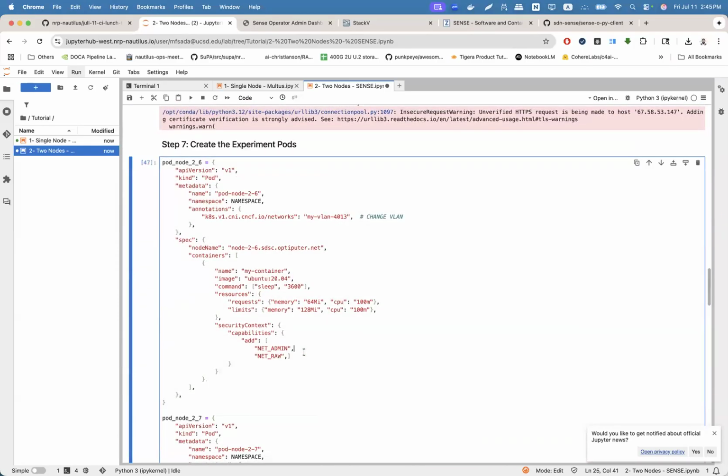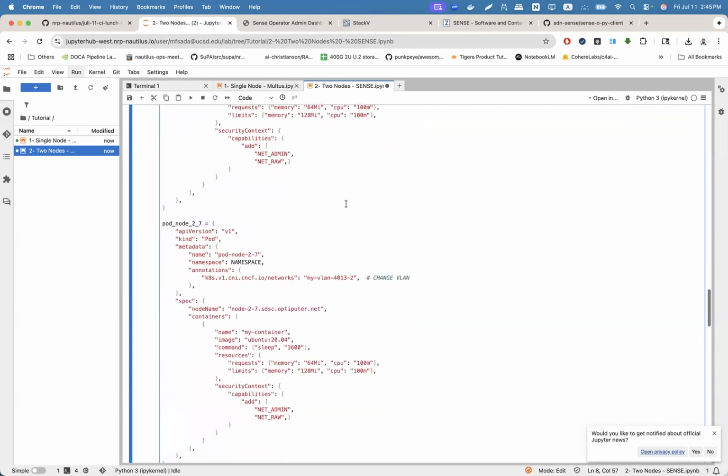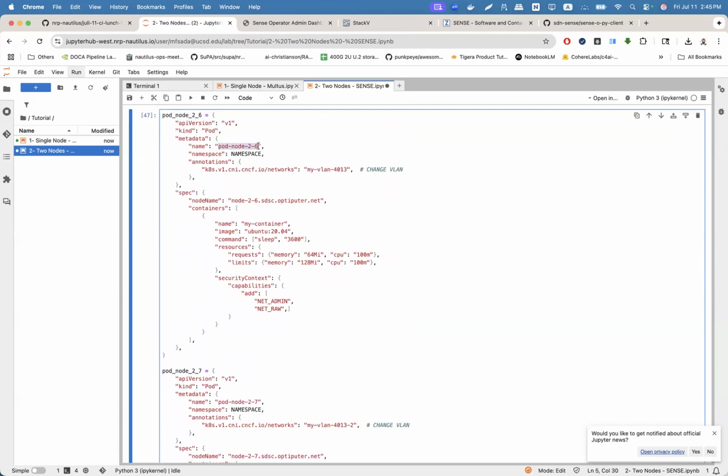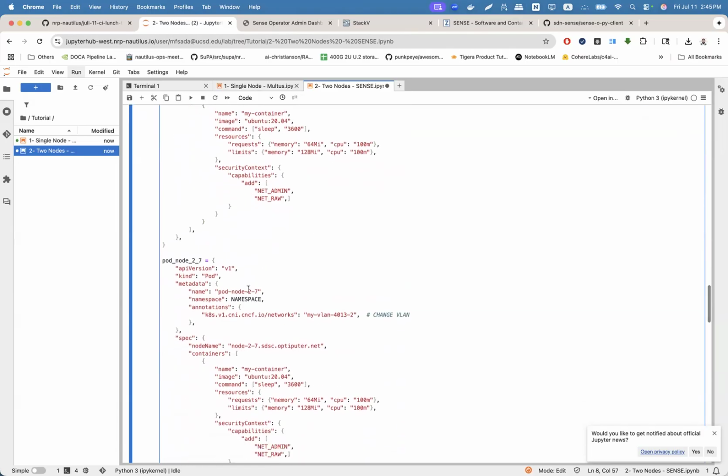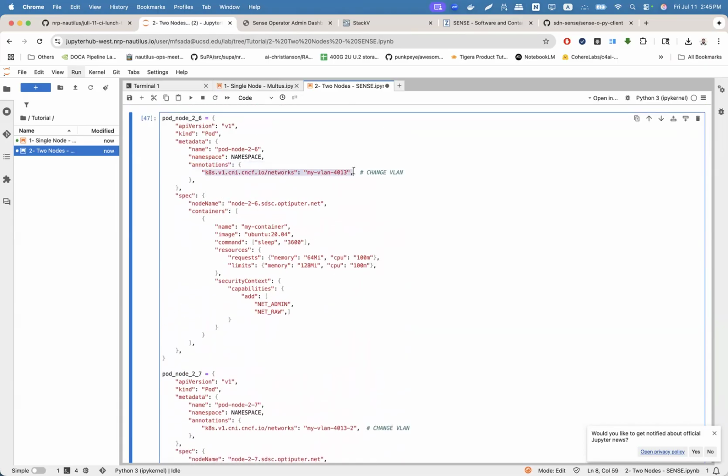And I just go ahead and create my pods. The only thing special needed for my pods is just using the networks annotation, like we mentioned, with the name of the NAD that we're using, and that connects it. So you can see our pod on node-2-6 is using this one, and node-2-7 is using this one. Of course, the NADs are similar in nature. The thing that differs is the IP address range. So we can switch and it would still work correctly. And that's the only thing we need to add for Multus to attach the interface to the node.